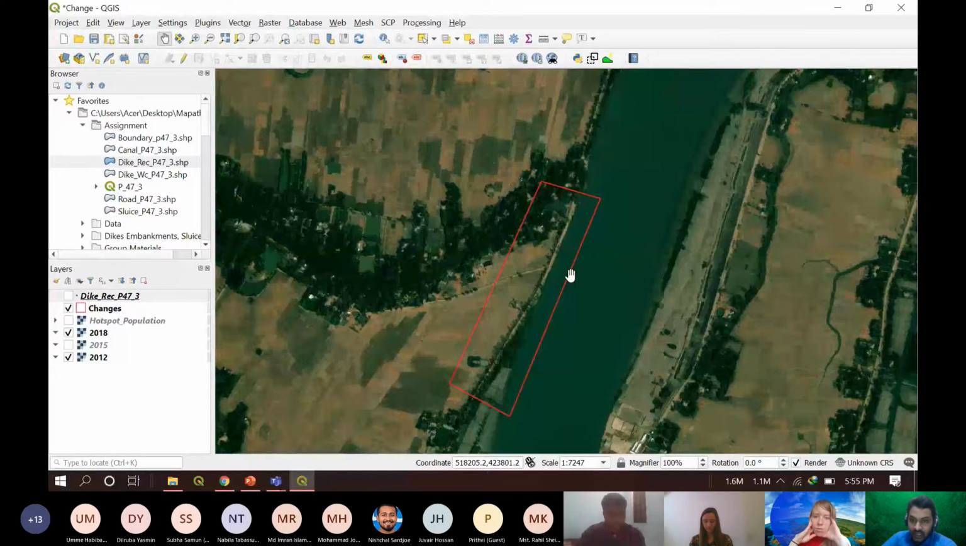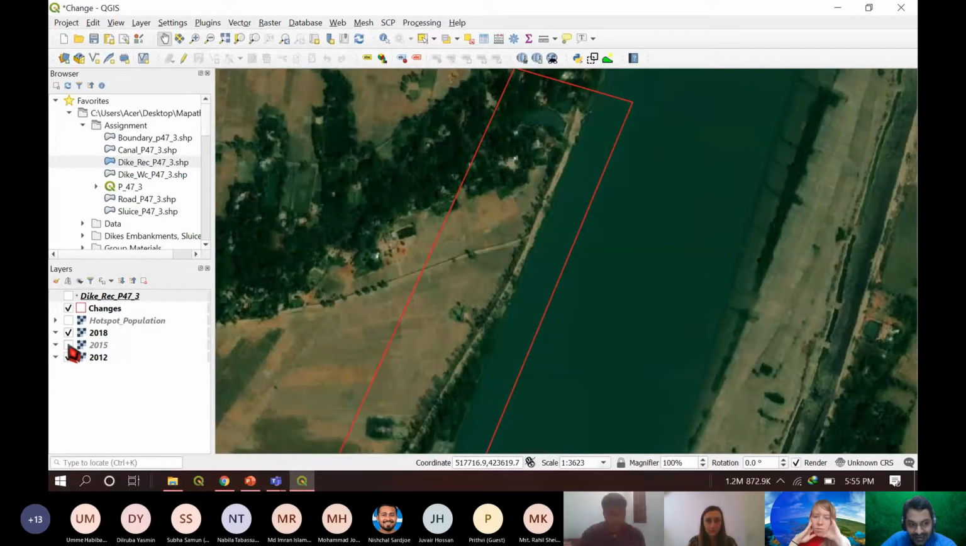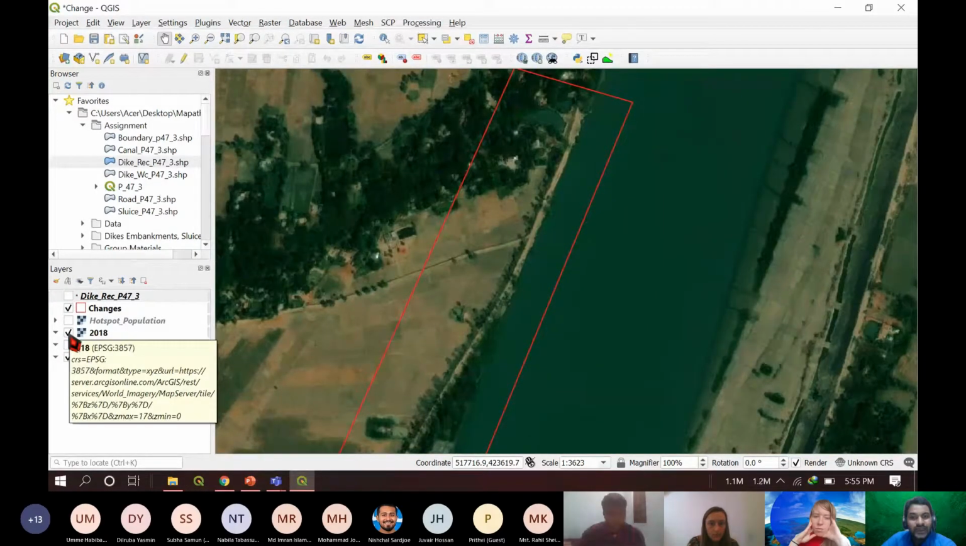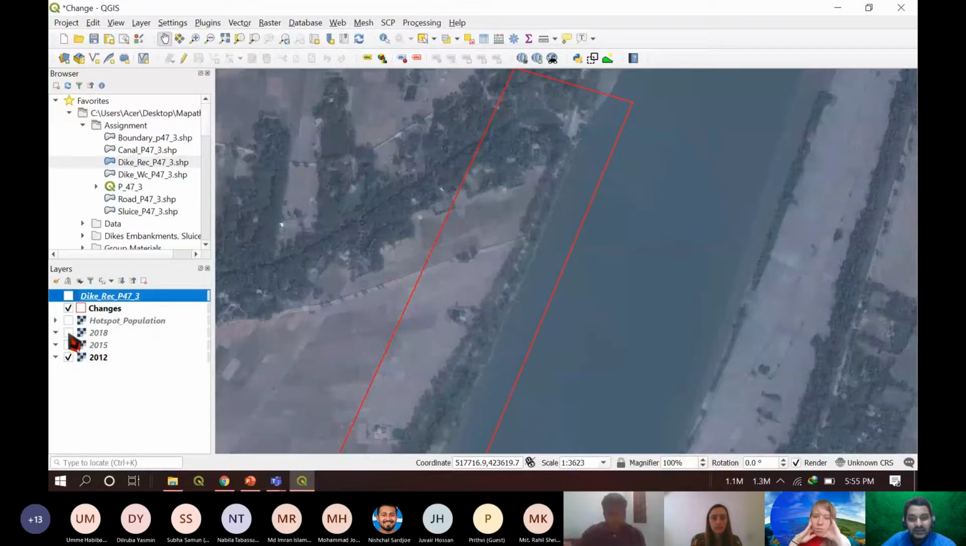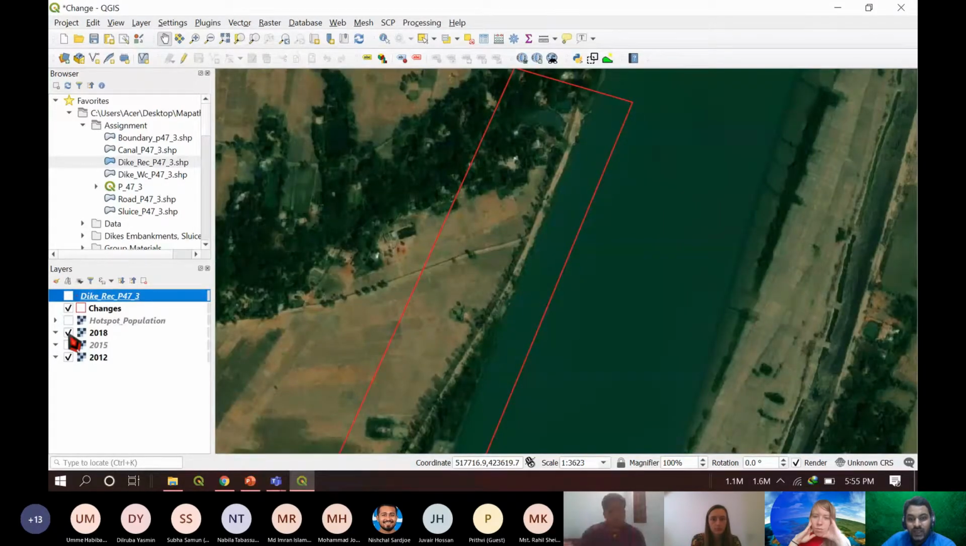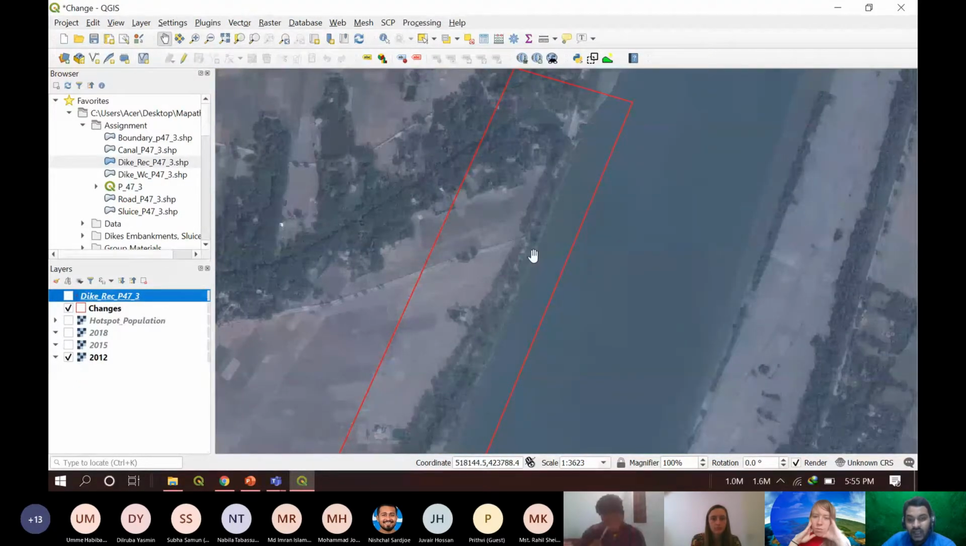As you can see, this dike is right here. As you can see, right, this is a dike. And this image is from 2018. Now, if I just turn it off, you can see the difference, right? That in 2012 the dike was right in this position,